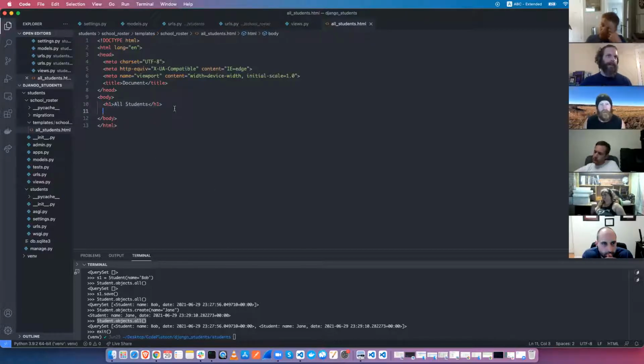So I know I just got through saying how unimportant Django templates are, but how can I display these students? Keep in mind, I don't know how many students there might be. There might be 1,000 students. There might be 1 student. I don't know. Inside a percent for loop. Okay. So we'll do here,